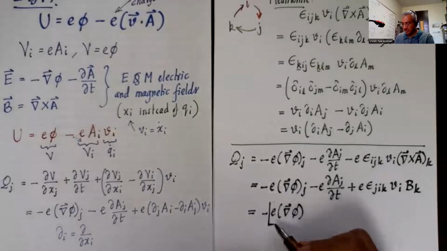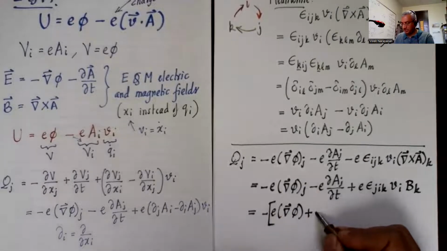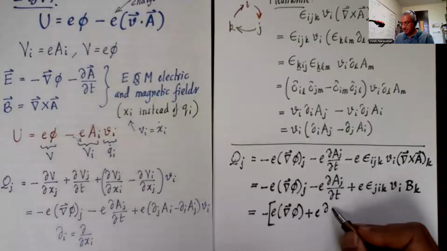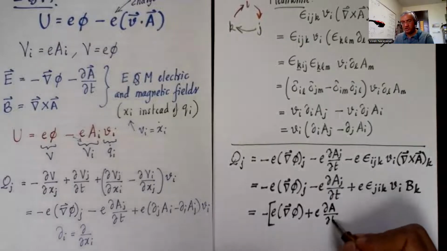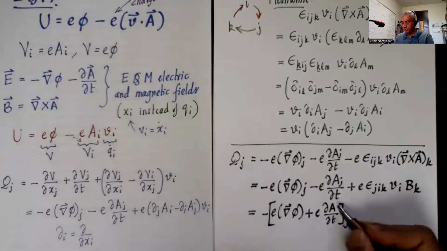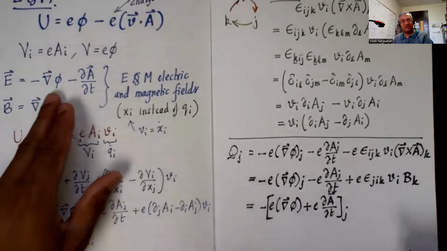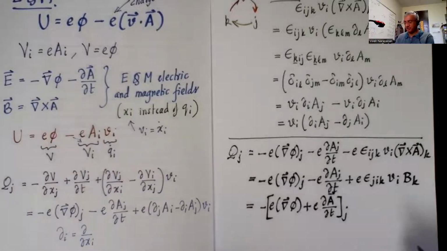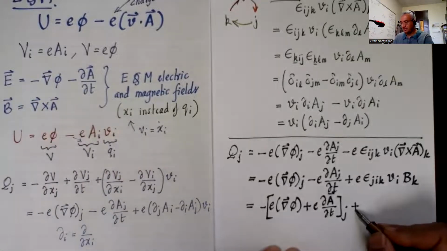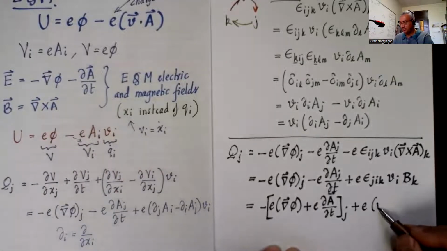Well, let me write it like this. Plus E times del A by del T, the jth component of that. So that you can clearly see I'm getting the electric field there. And then here I have E times V cross B,